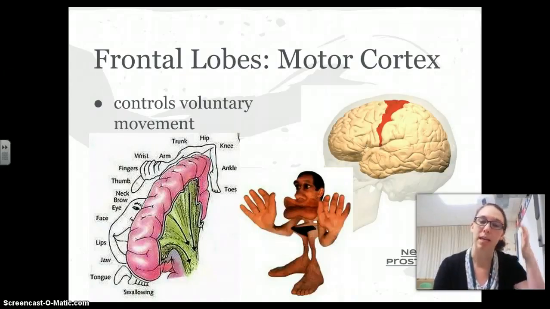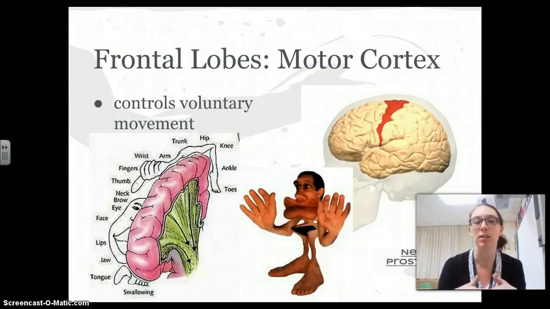Every part of the body is represented on the motor cortex, or every part of the body that we can move, but the amount of space that part of the body is given depends on how much we need to be able to move it. You think of something like your face. We have very expressive faces. We have to be able to contort our faces in a lot of different ways to express different emotions, to speak. So if you can look here, you can see that the face takes up a large amount of space